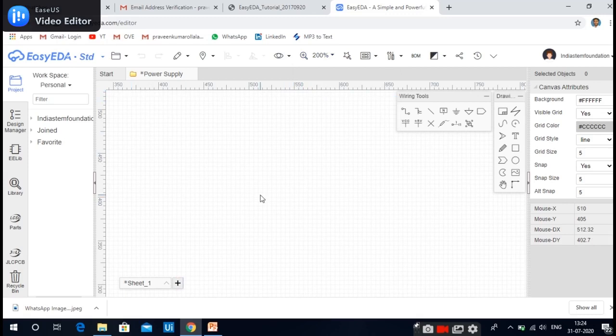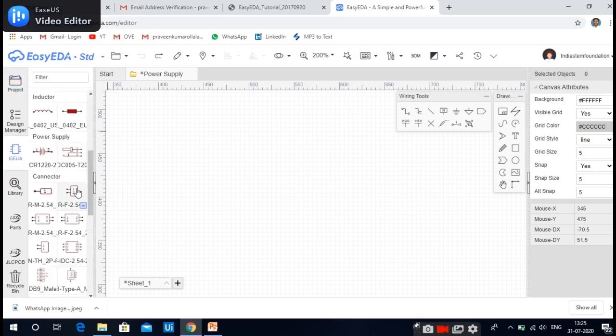As you know, in a 5-volt power supply circuit, we have a transformer, diodes, voltage regulator, capacitor, resistor, LED, and 2-pin terminals also. So to design the 5-volt power supply circuit, we have to select all the components which are there in the circuit. So for that, I am going to the EasyEDA library. Here we have a 2-pin terminal. We are unable to keep the transformer directly in this EasyEDA software, so that's why I'm going to take a 2-pin connector.